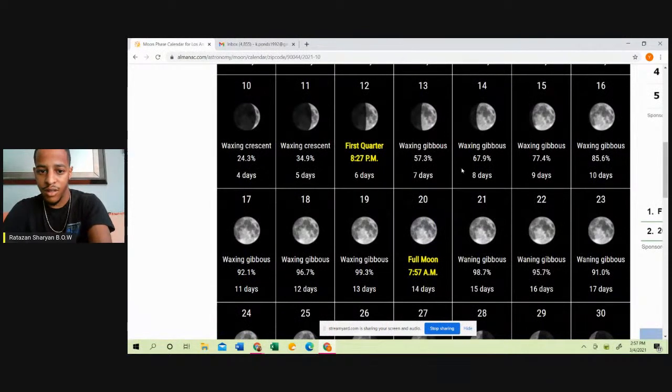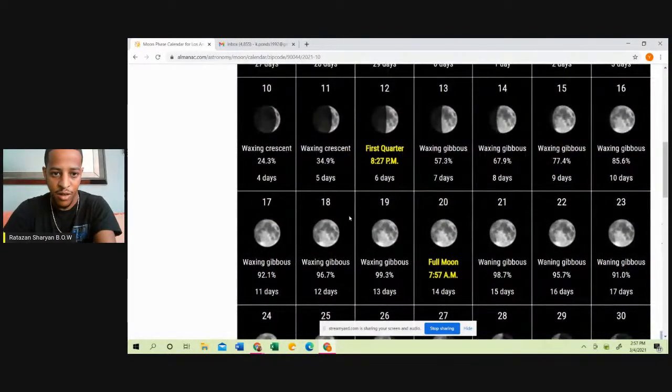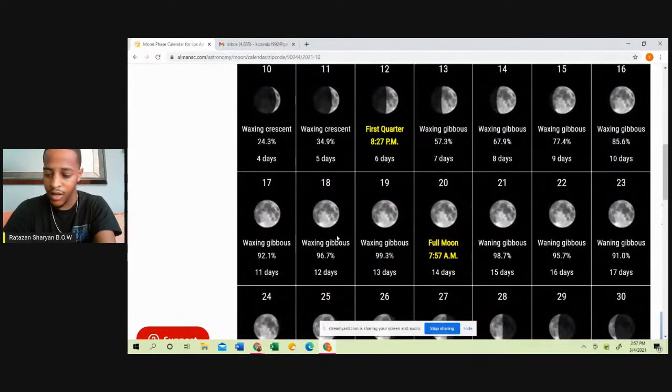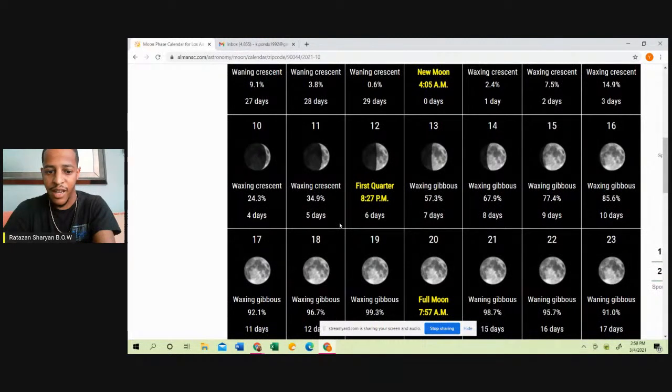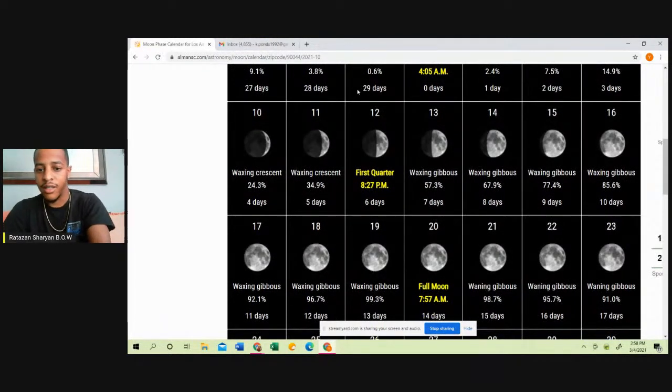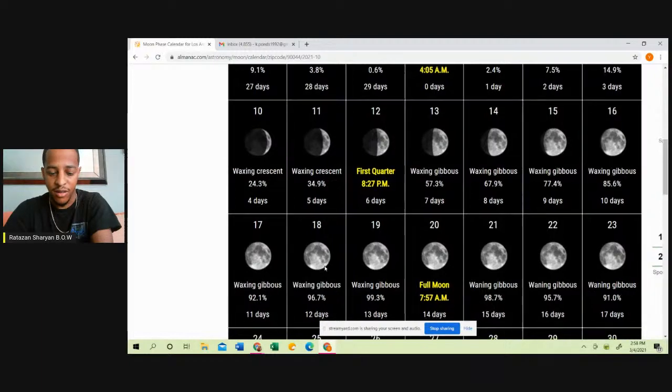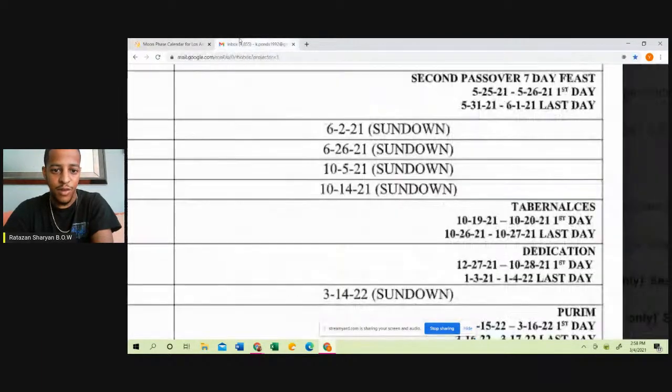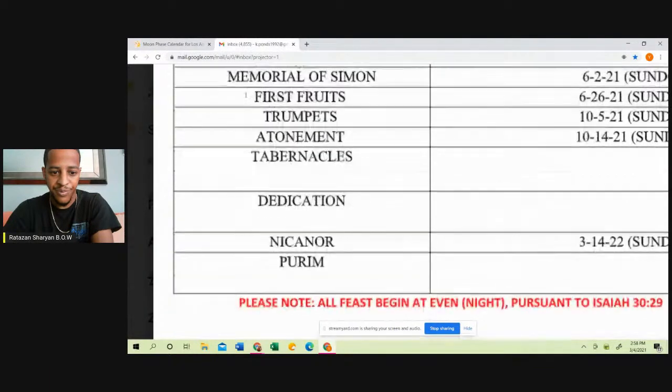Absolutely. So here, let's get 1, 2, 3, 4, 5. So here it is right here. Sundown on the 18th. Start your tabernacles. You just got to count 5 days. All right. So 5 days from our atonement, it will be sundown on the 18th, going into the 19th day. All right. Start at sundown on the 14th, going to the 15th day. You count 5 days. It's going into the 18th at sundown. Okay. So that's for the 7th month.